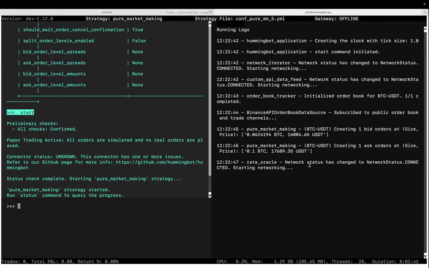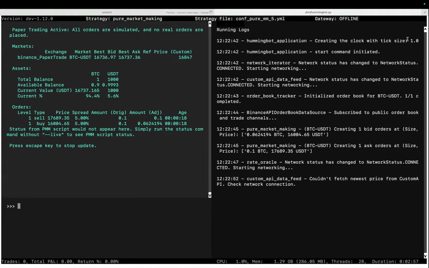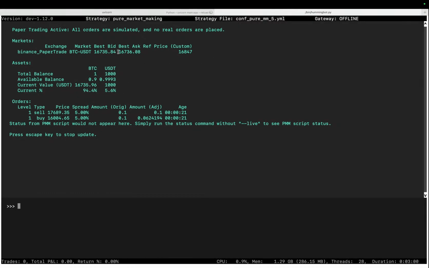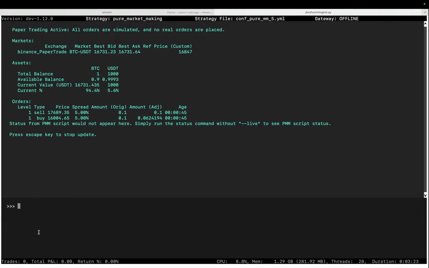How can we check if the price is the one that we want, and if it is placing the right orders? We can run just status live, and as you can see, the best ask and best bid are changing because the market is changing all the time. But this price custom that we have here is 16847, the same price that we define in our custom API. So our bot is using the information that we want to trade